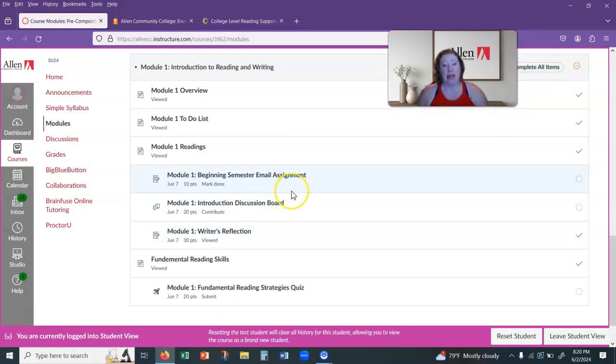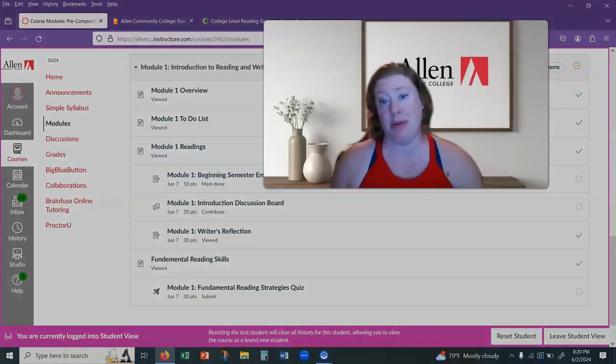That's the first module. Now, keep in mind, this is a summer class. We go twice as fast as a regular semester. There's going to be twice as many assignments in each module. It is a lot of work. So you need to get started right away, and you need to make sure that you are getting on top of things immediately. Otherwise, you'll get